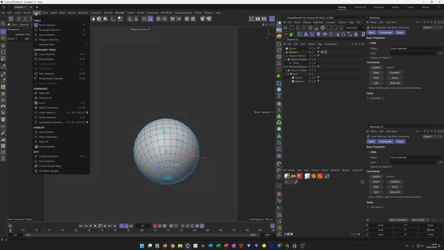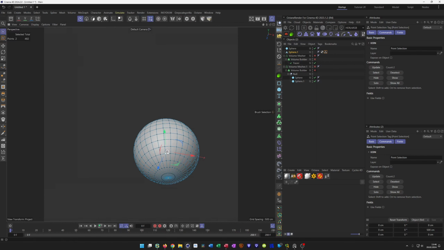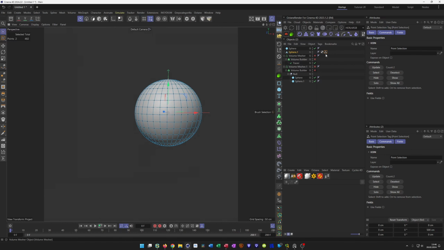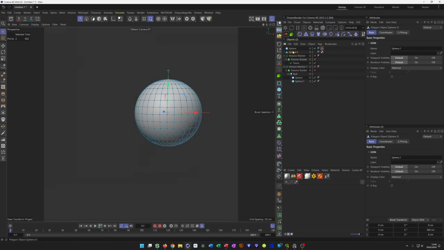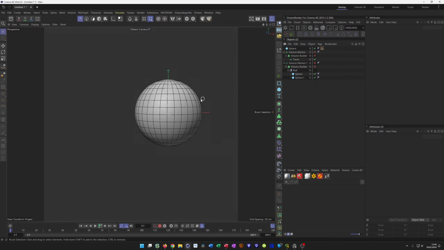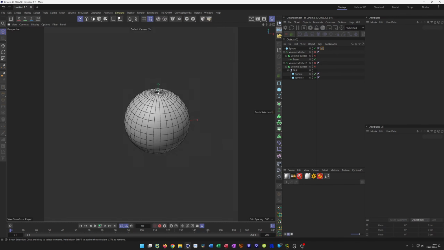Store selection you will find here as well in the menu, somewhere, select, store selection here. And okay, I have this selection tag and I simply drag this selection tag now onto this sphere. So I made the other one just to get the selection tag, and so I have these two points selected even if I have not